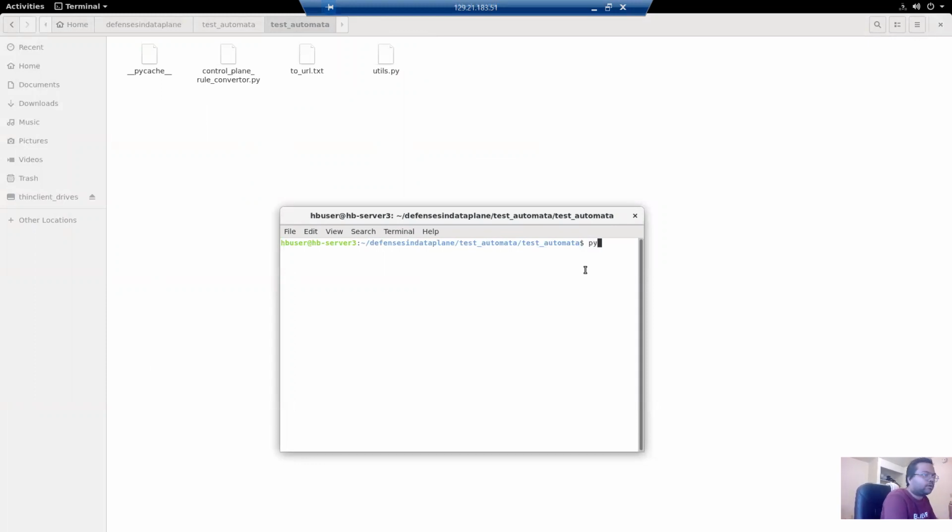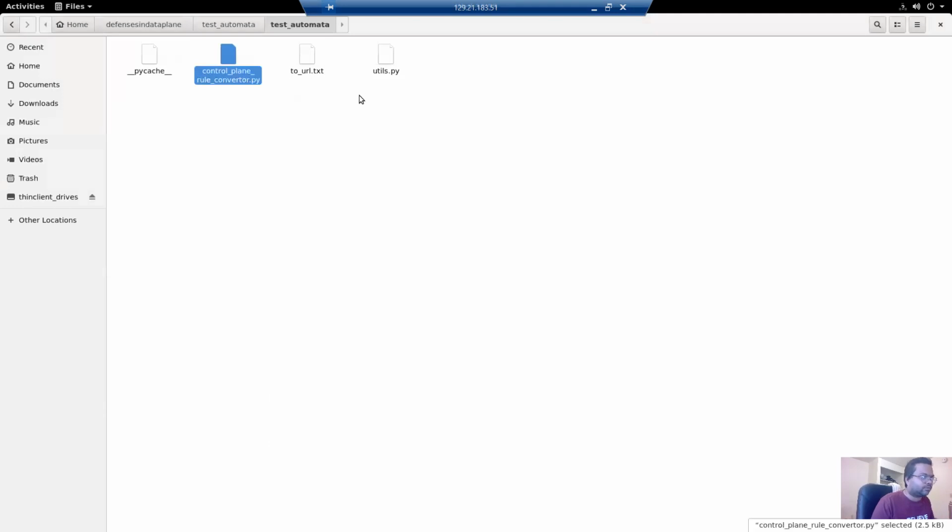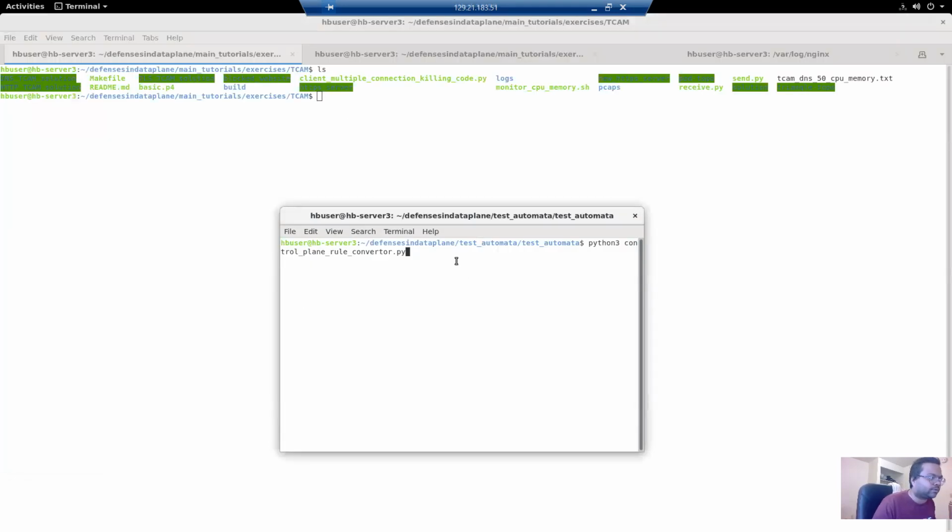You don't have to write all the low level data plane rules by yourself. What you can do is run this control Python script, and I think it automatically takes the URL file as input. Util.py also has some separate functions which are utilized in this control plane rule converter file.